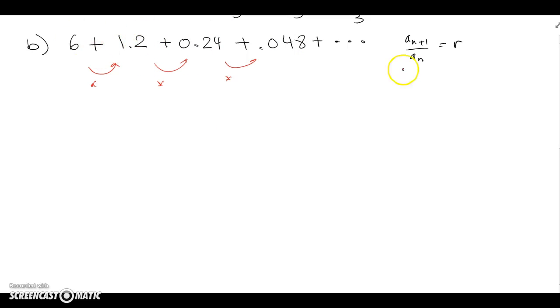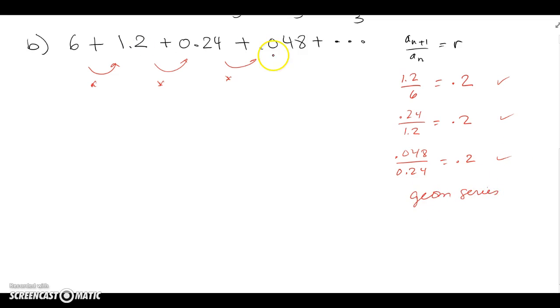Let's say I take the second guy divided by the first guy. That's going to give me 0.2. If I take the third guy and divide it by the second guy, that too will give me 0.2. If I take the fourth guy and divide it by the third guy, that too will give me 0.2. So it looks like the pattern continues, and this is a geometric series. Each time I'm multiplying by 0.2 to get to the next term. So now that I know that it's a geometric series